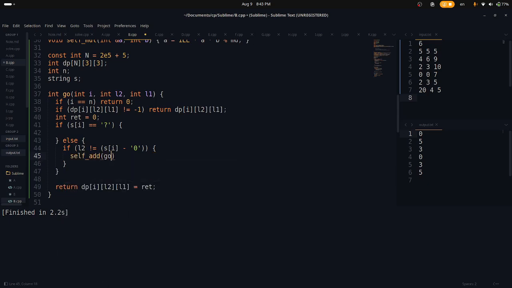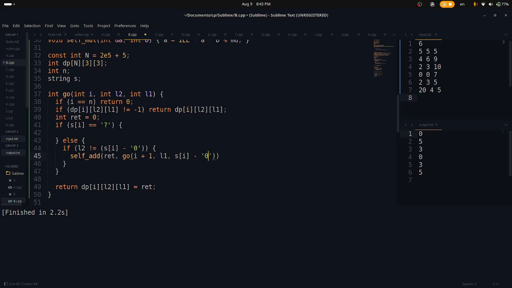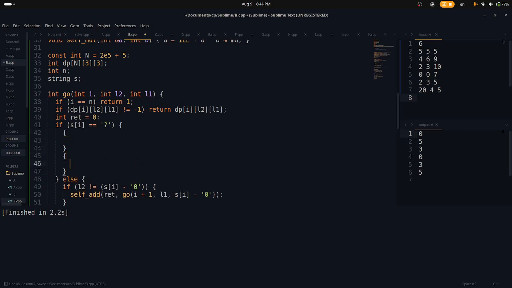So go of I plus 1, L1 becomes L2, this becomes s of I minus 0. Right? This is one of the valid ones. And we have two options. Either plus 0